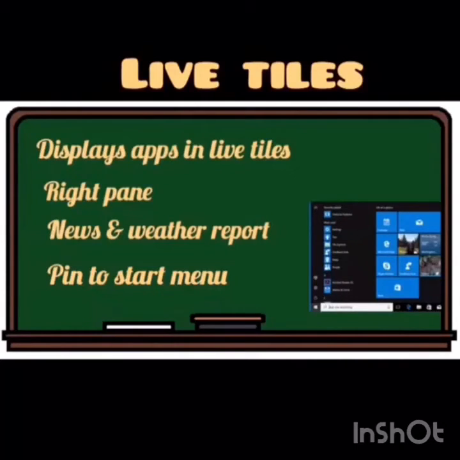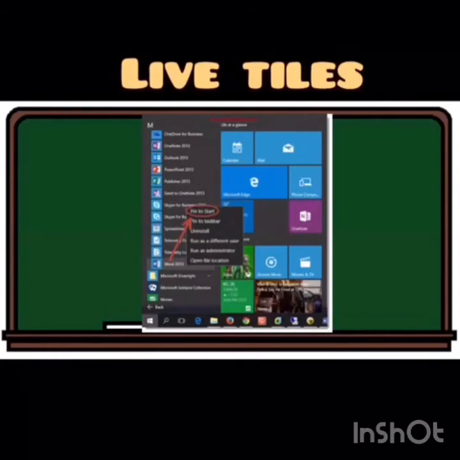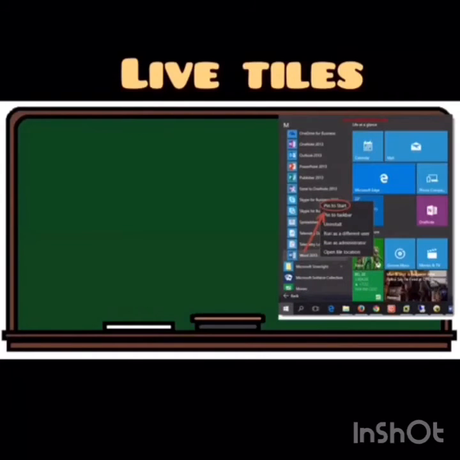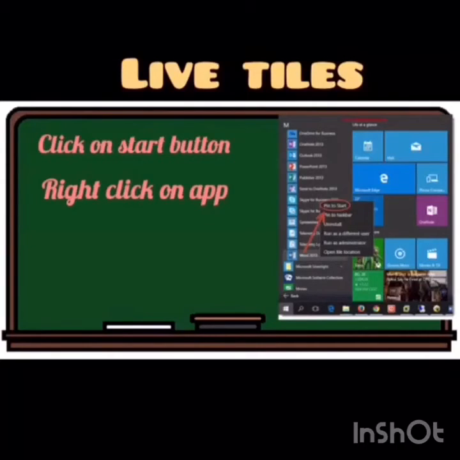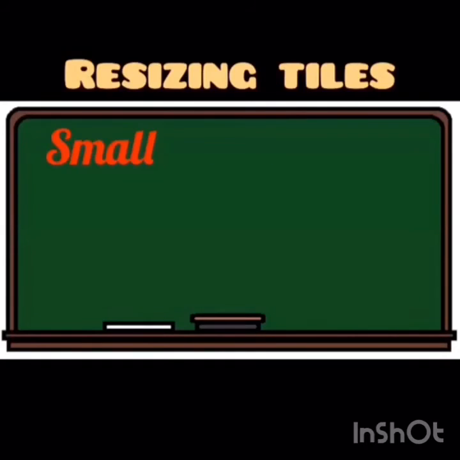Now we will see the steps to make any application appear in the form of tiles. For that, first you have to click on the start button. You will find many apps like you see in Windows 7 itself. For example, now I want to bring the Word app in the form of tiles to the start menu. What will I do? I'll right click on the Word app. Then I will have many options. Among them, the first option is pin to start. I just have to click on that, and the Word app will be in the form of tiles in the start menu.